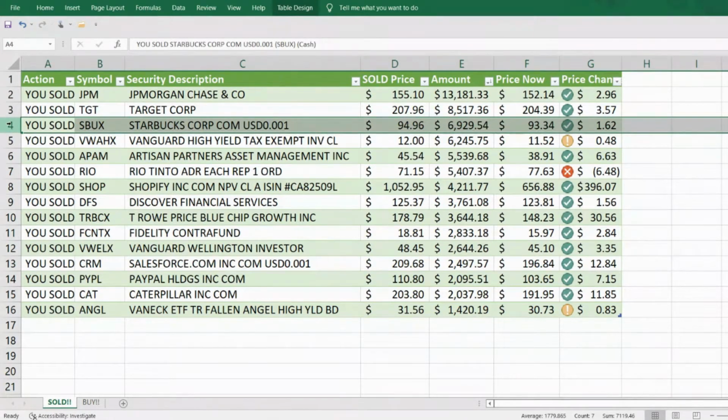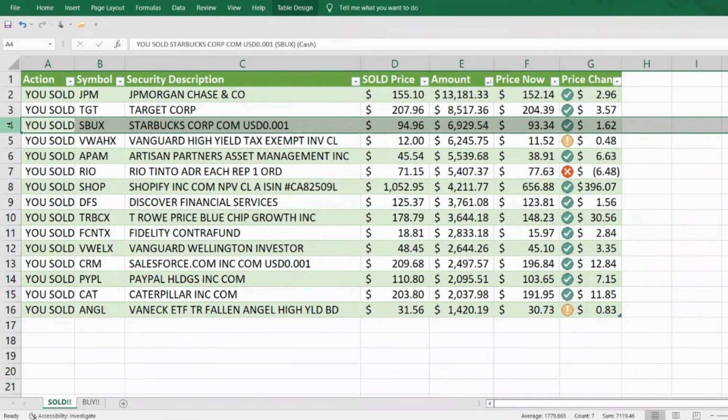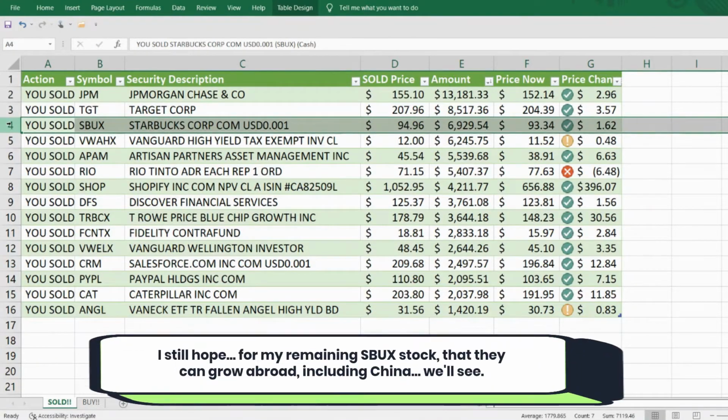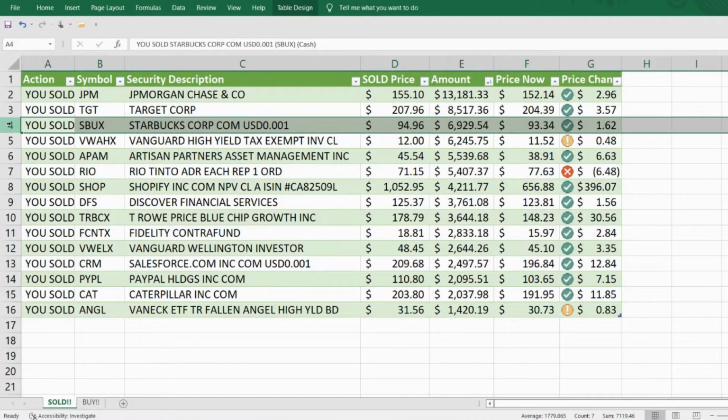I sold Starbucks. I know what you're thinking. Why would you sell Starbucks? I'm buying Starbucks. Once again, I still have Starbucks stock. This is one of those stocks that is still overvalued, and I just have to ask myself, do I want to remain flat or watch it continue to be flat as we have issues in China, which is a huge growth market for them, and do I want to ride that flat for a while at a low dividend yield? So my answer was no, I wanted to take that position down just a little bit,